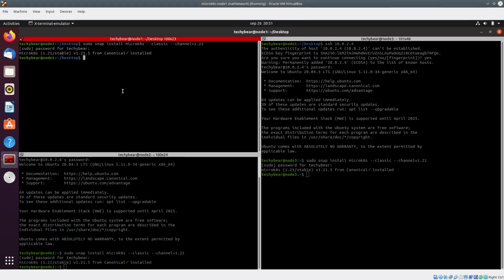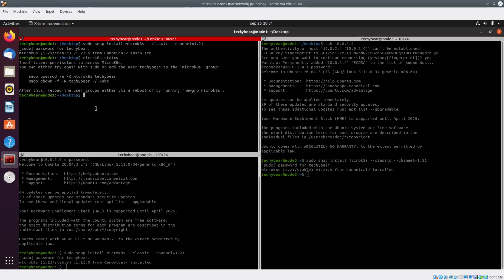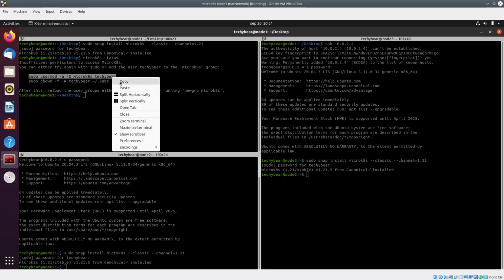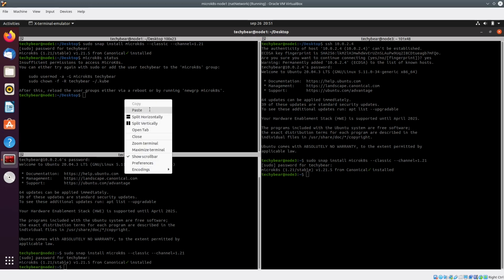Now MicroK8s is installed on all three machines, and to check if it is installed correctly, I'm running microk8s status, but this is giving me a warning: insufficient permission to access microk8s. So we'll have to run this first command on all of the nodes.